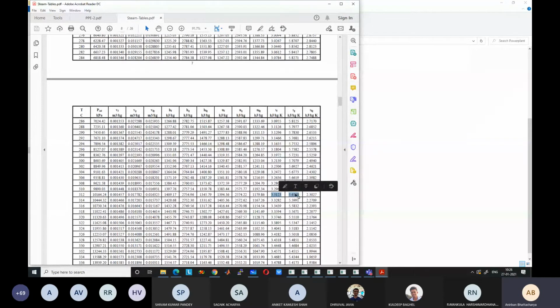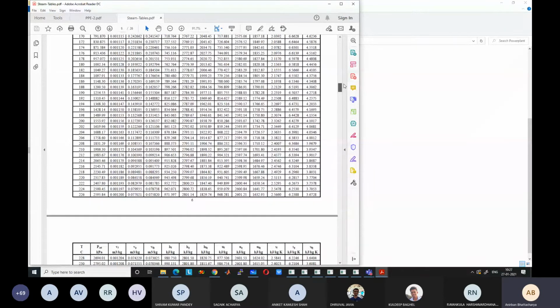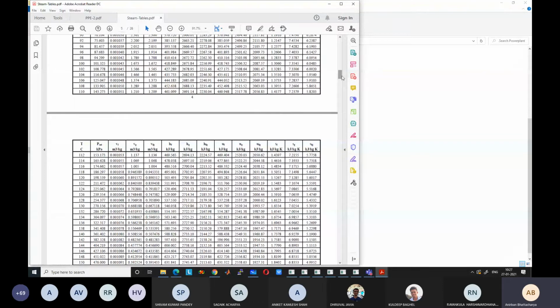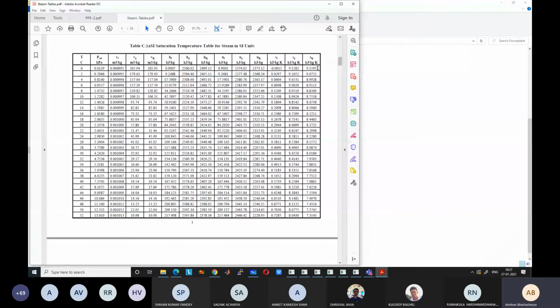So you will see that VFG value keeps on decreasing, HFG value keeps on decreasing, all the difference values keep on decreasing. Okay. So now if somebody gives you the temperature and quality at any point, you should be able to find out the value of the other properties from the property table. Or if somebody gives you the pressure and quality is between 0 and 1, means in the two-phase region, you should be able to find out the values. Okay. Let us take a look at a very simple example.